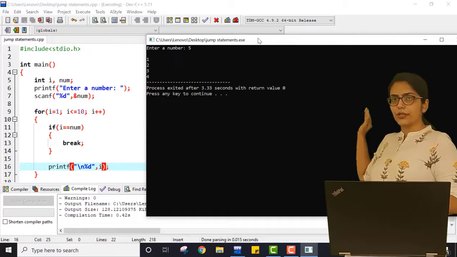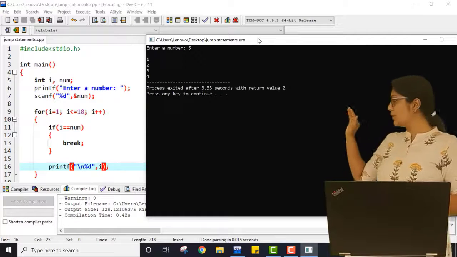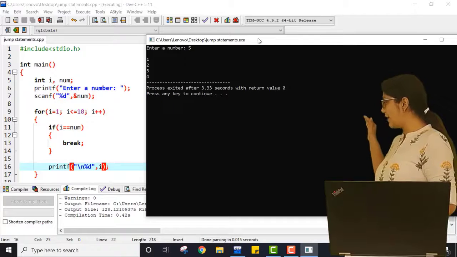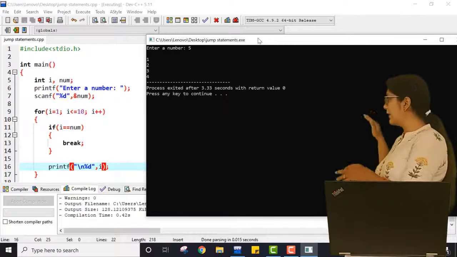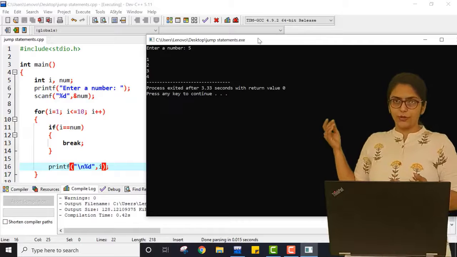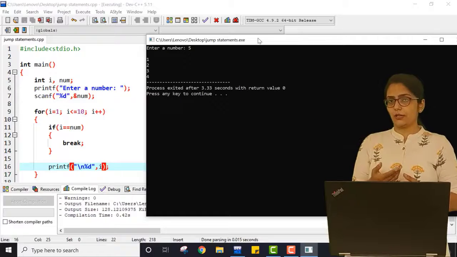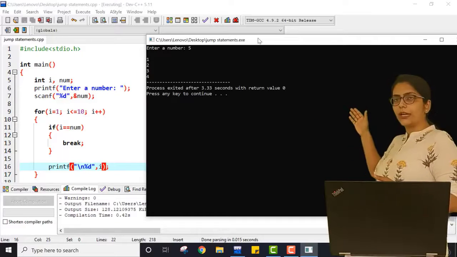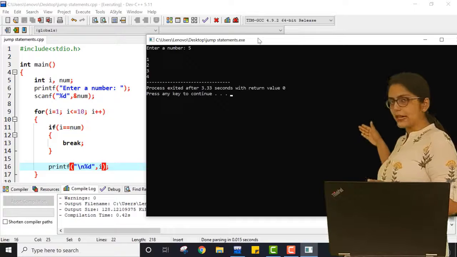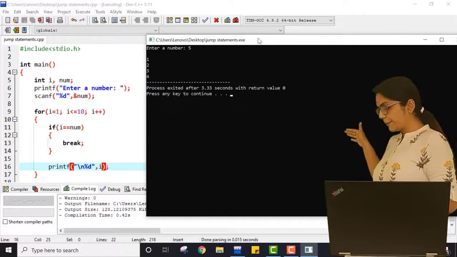The value entered by the user is also 5. So the condition over here, i equal to num, 5 equal to 5, is true because both of the values are the same. So the control can go inside the decision making statement and it will execute break.